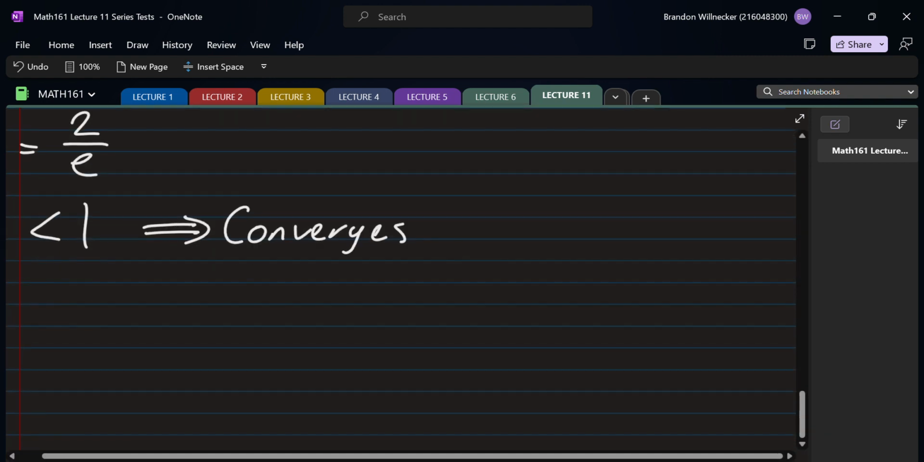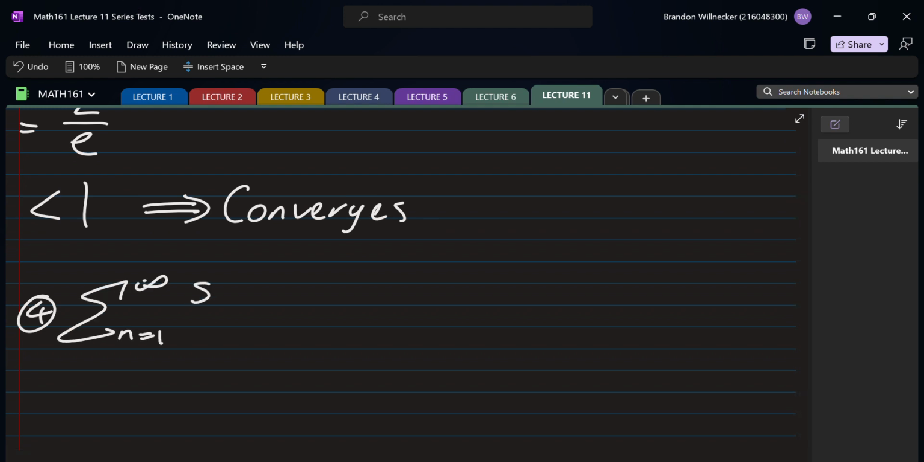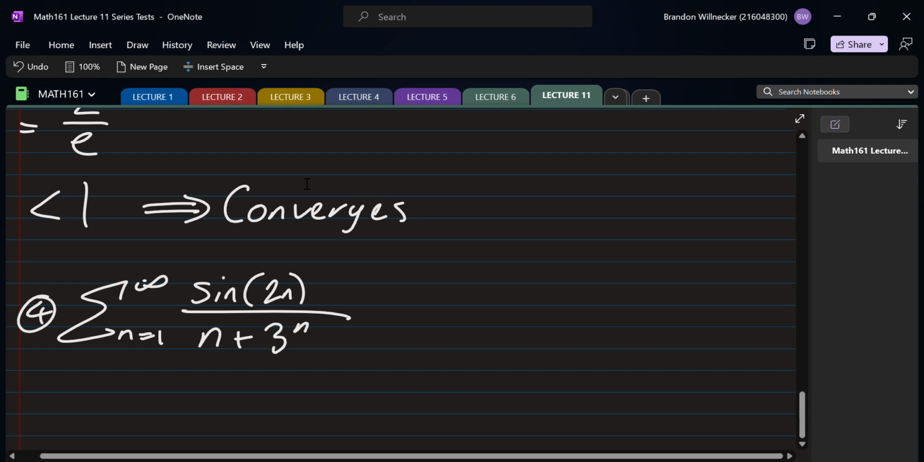Okay, let's look at some more examples. Number 4, we have the sum n goes from 1 to infinity, sine 2n over n plus 3 to the n. Now, another hint, whenever you have some trig function in this equation here, like sine or cosine,